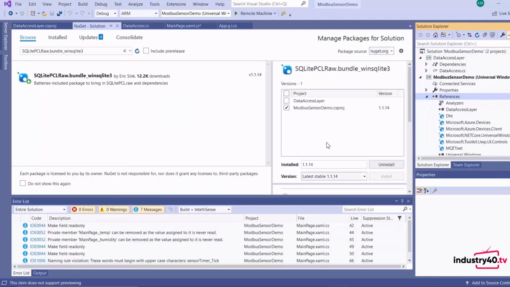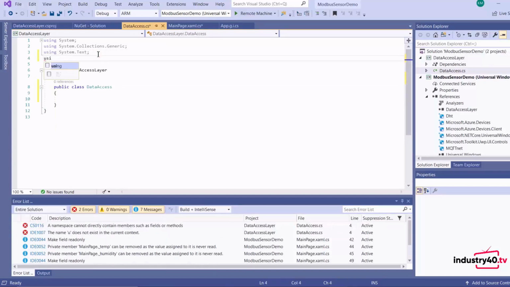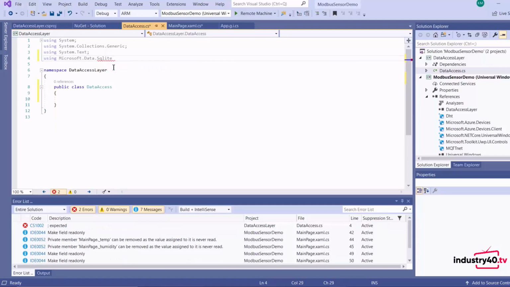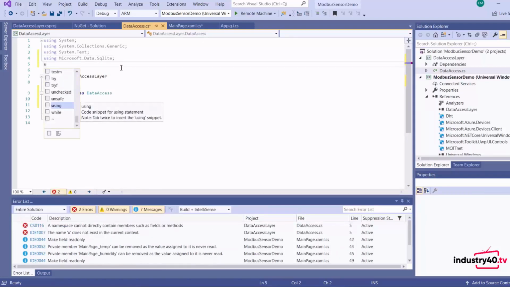Okay, now that we've done that, let's go to our data access class to add our code for accessing the SQLite database. We add reference to our SQLite package, and we're also going to be using lists to store our data.